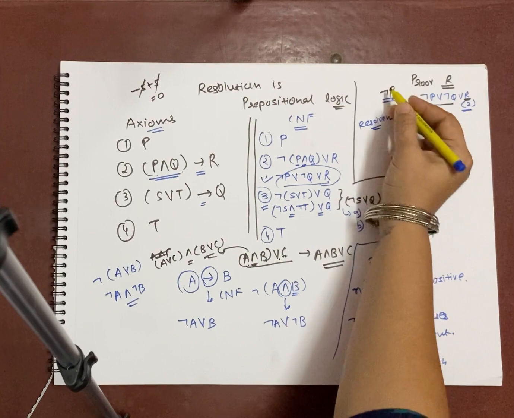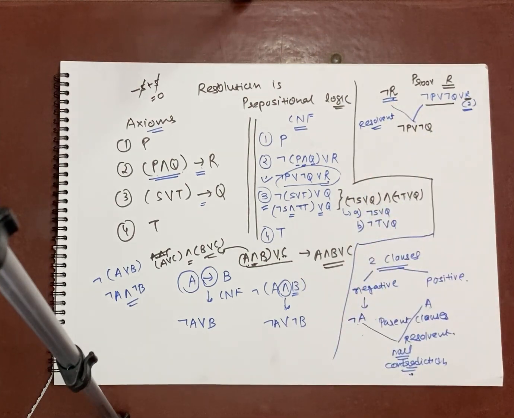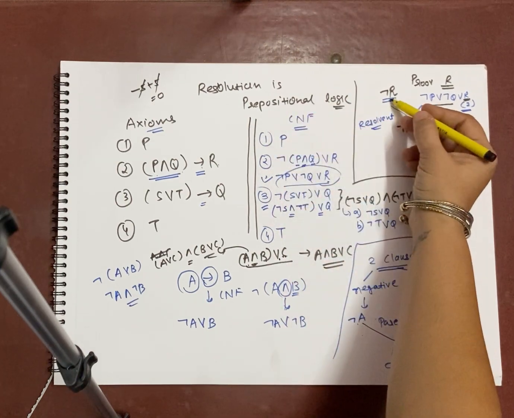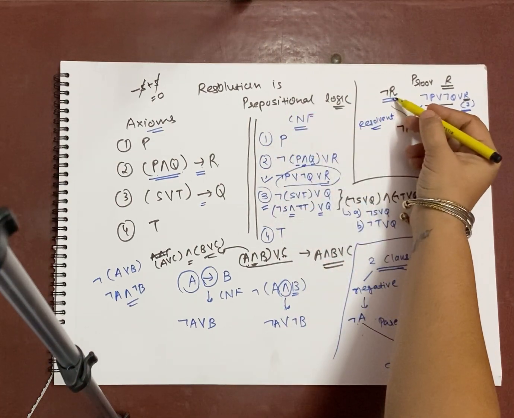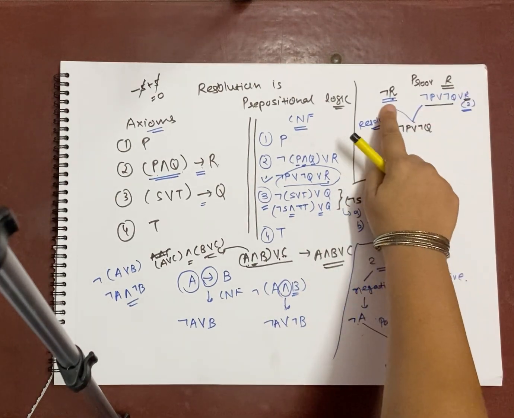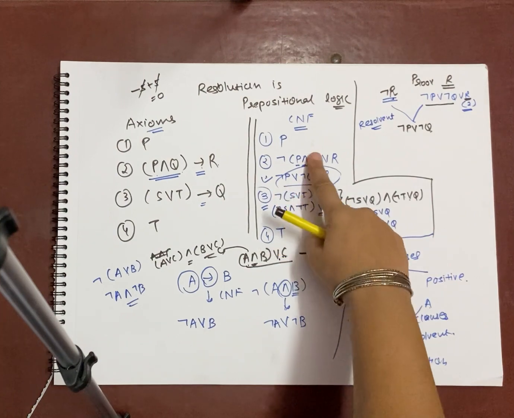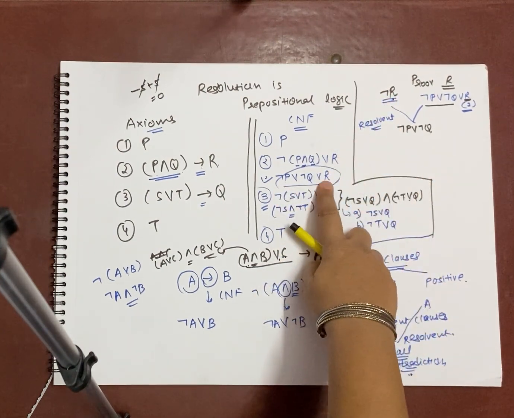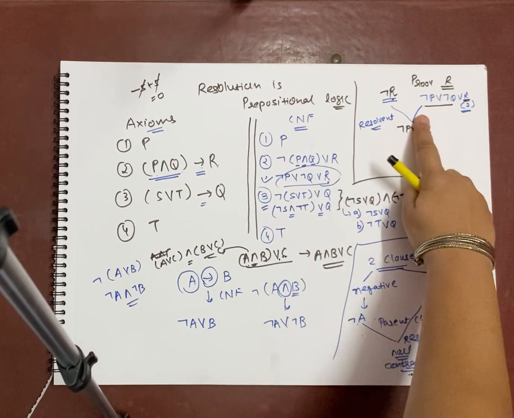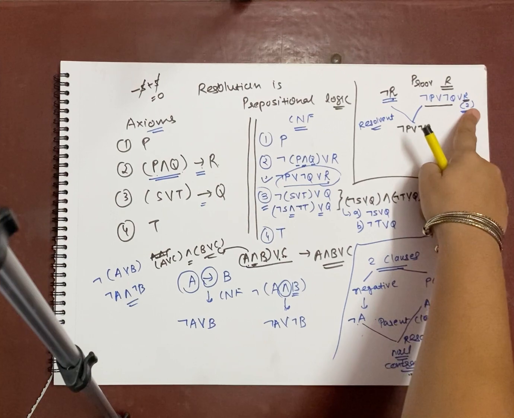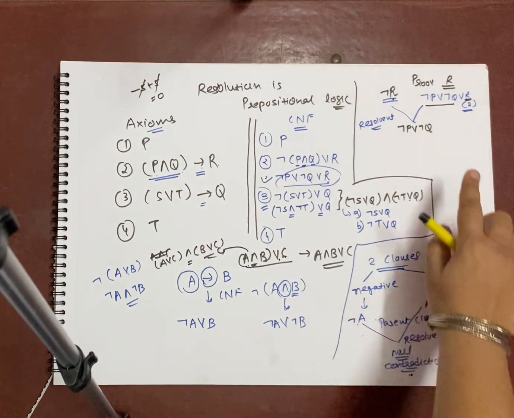So how is resolution applied over here? First of all, the negated goal is considered as the first parent clause. Then, from the clauses, identify one where the reverse of whatever we have is available. So if you have negated R over here, pick up a clause which has positive R, and that positive R should be available in one of the clauses selected as the parent clause. Okay, you'll see more examples, it will be more clear.